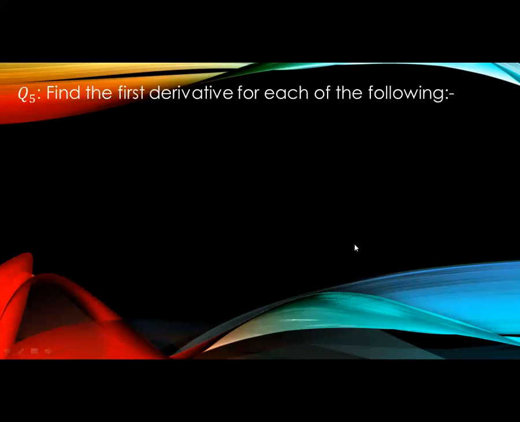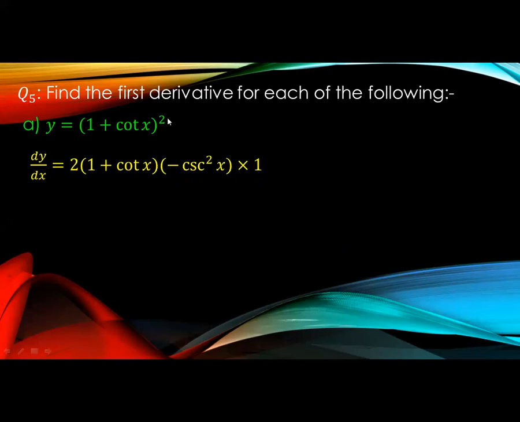Today inshallah we complete the exercise on the first derivative of the trigonometric function. Question number 5, find the first derivative for each of the following. Letter A, y equals (1 plus cotan x) all to the power 2. This function is a function raised to the power 2, so for its first derivative